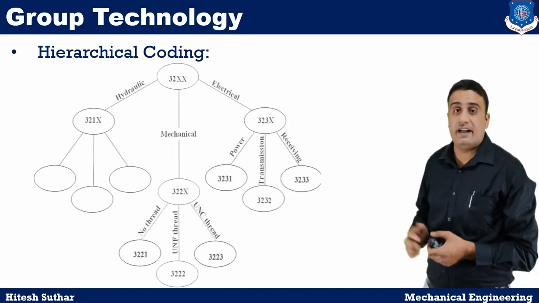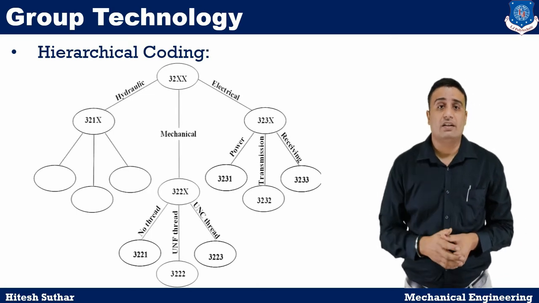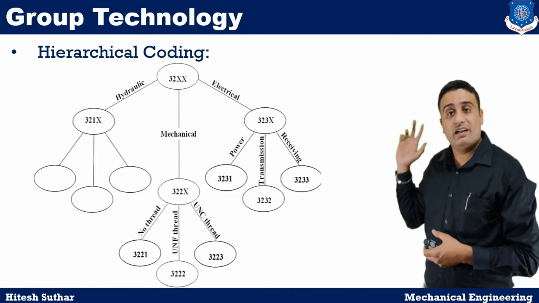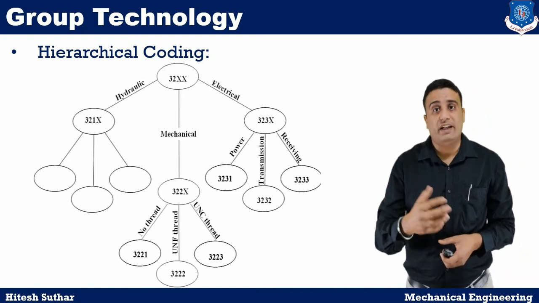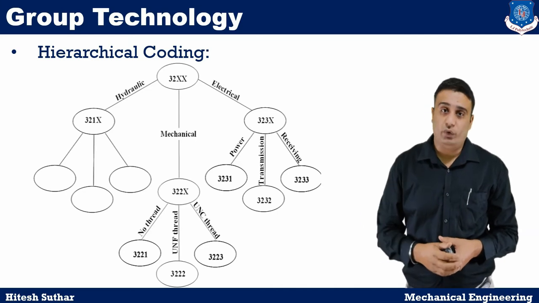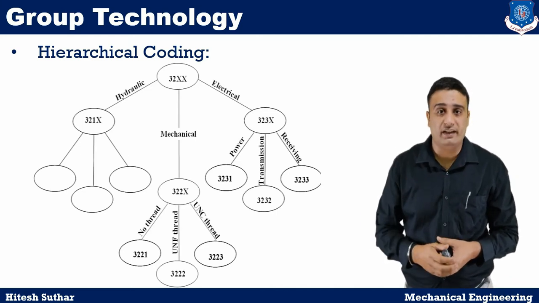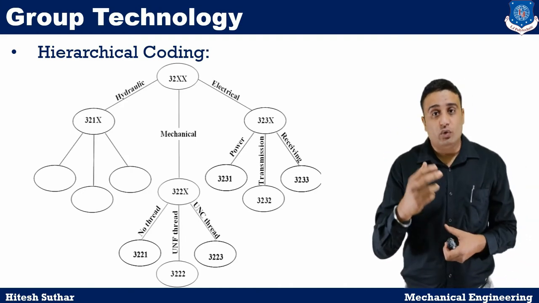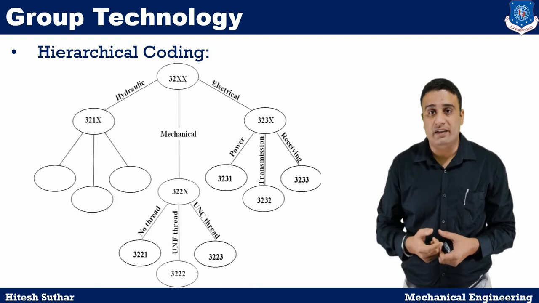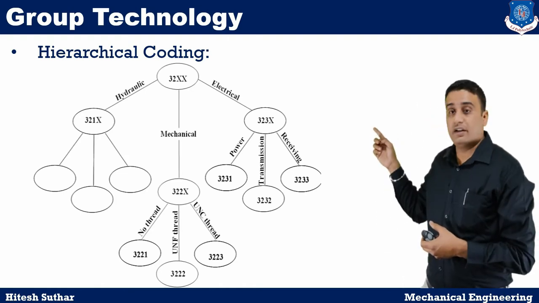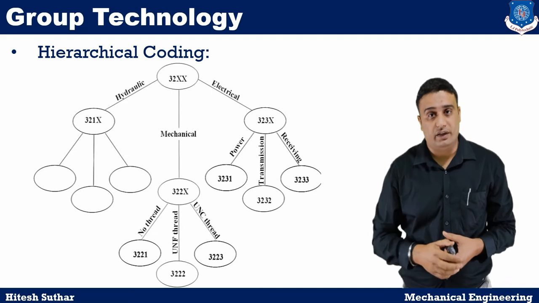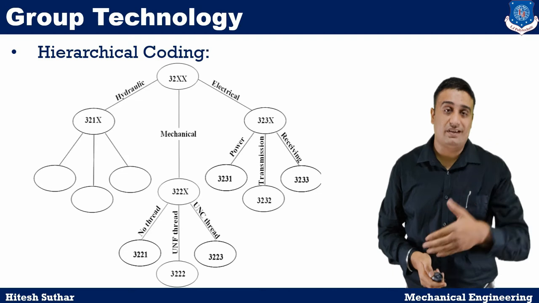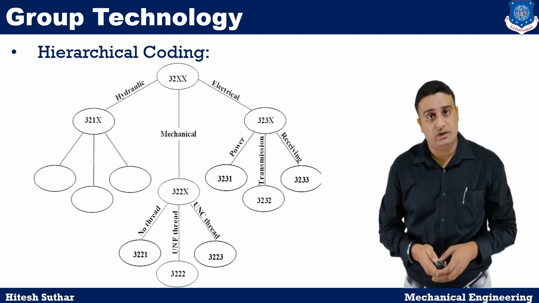This is the figure of hierarchy structure coding. As we see here, consider all parts to be classified in terms of hydraulic, electrical and mechanical. Within this group, we can further classify by features as shown in the figure. As we see in the example of mechanical here, we provide the coding 322x. Here 2 is representing the mechanical, 1 is representing the hydraulic and 3 is representing the electrical. Further digits depend on the values of preceding numbers. So this is the hierarchy structure, known as hierarchy coding.